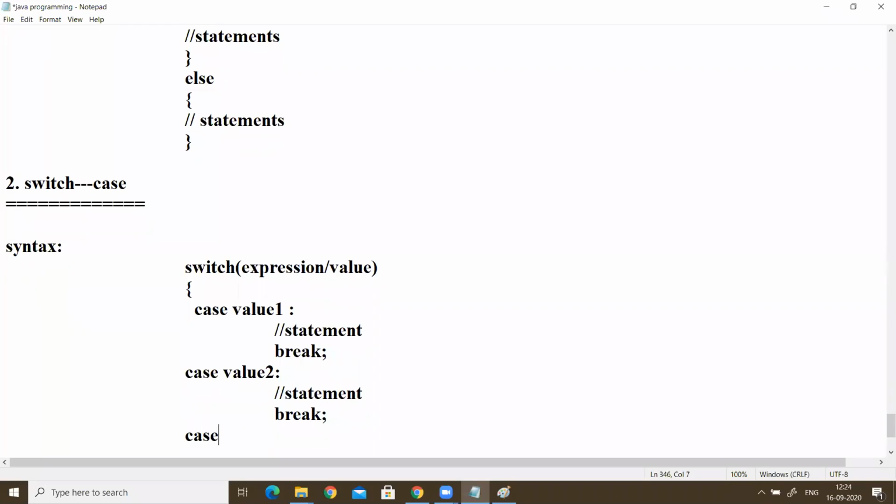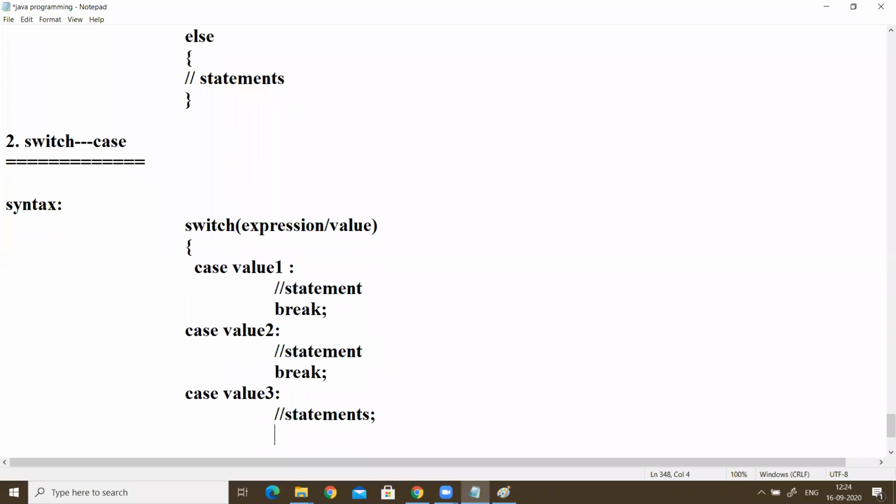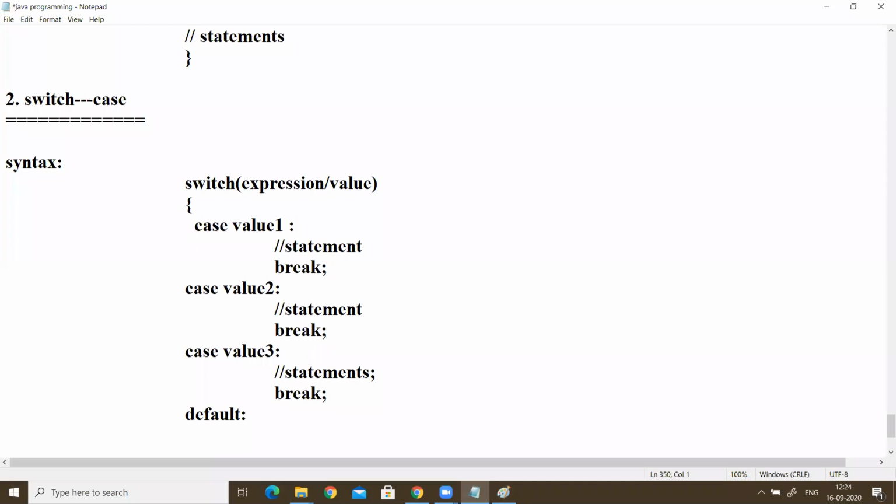Like that, case value 2, value 3 here, then statements, then break. So if none of the values is matched with the expression or value, then it will go to the default value.